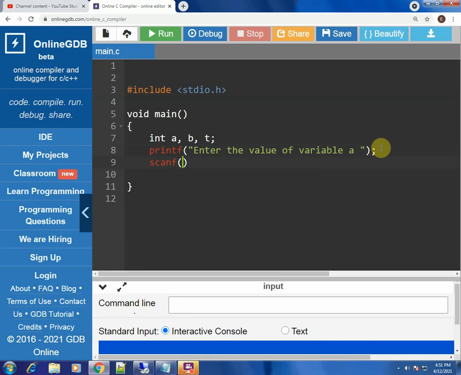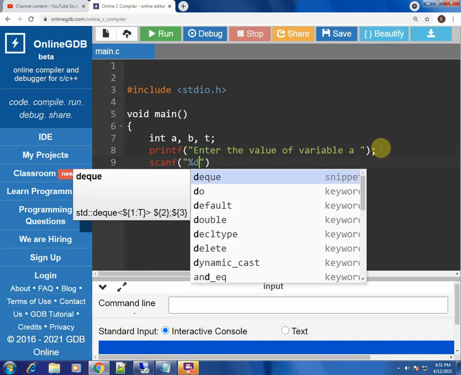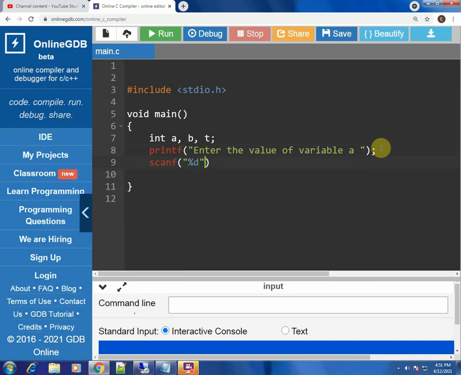So after the printf statement asking for the value of variable A, you have to store it in some variable. So how does the storing happen? Obviously first you have to mention what kind of data type you are going to be storing into that variable. So %d stands for integer type, and then in which variable you will be storing it.